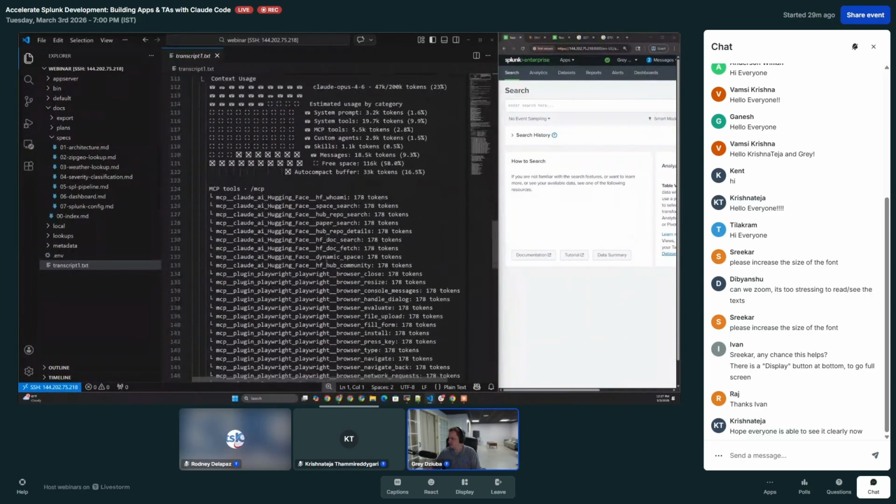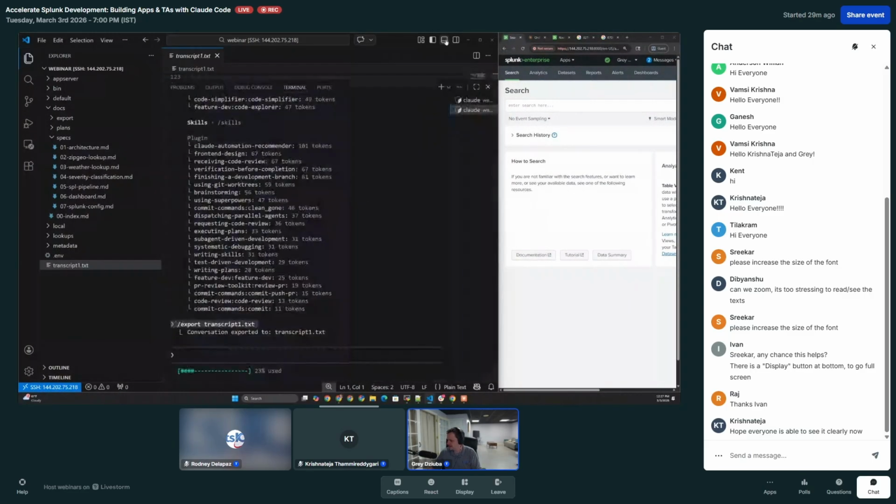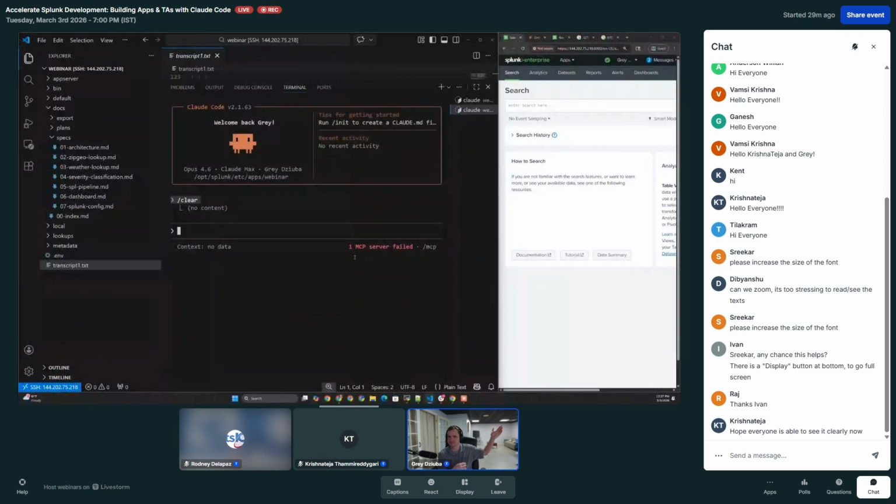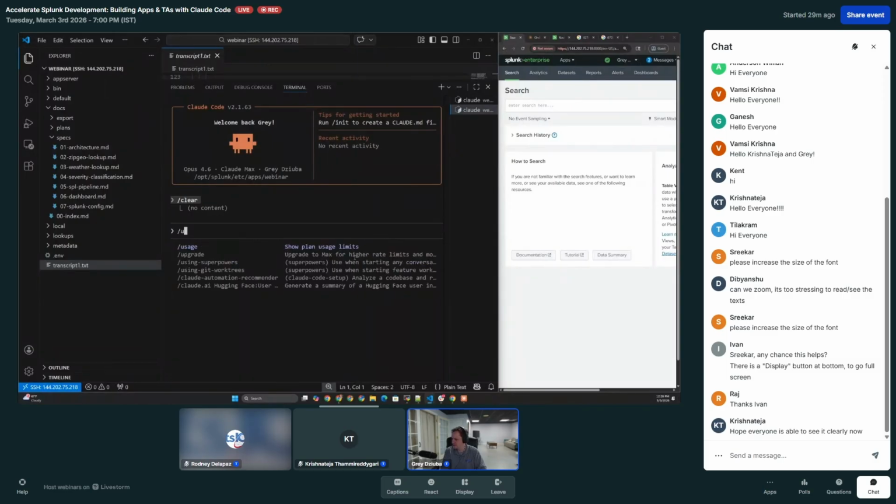Now when I open up that CLI again, I'm going to run a command called clear. Essentially it clears my communication. I don't have anything there anymore. Everything is great, everybody is happy, and we're starting essentially from a fresh Claude instance. But I now want to pull that in using superpowers. Because we're restarted, I'll pull in superpowers again, and then I'm going to say at transcript, there's my transcript, and say,